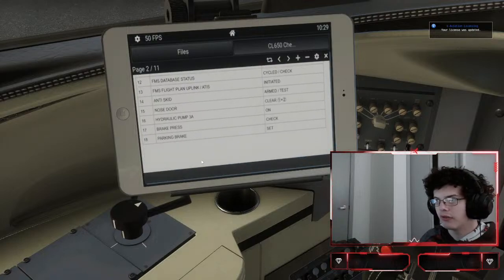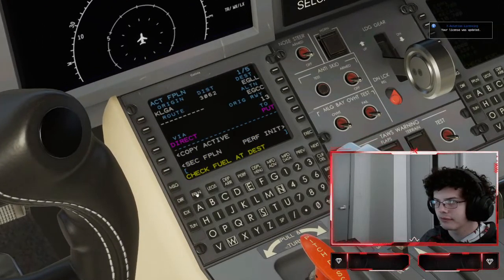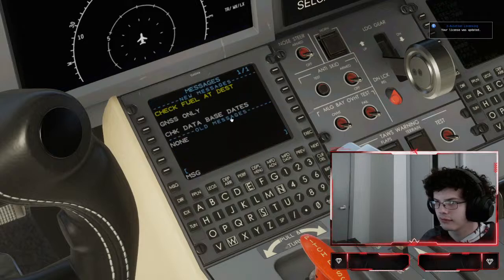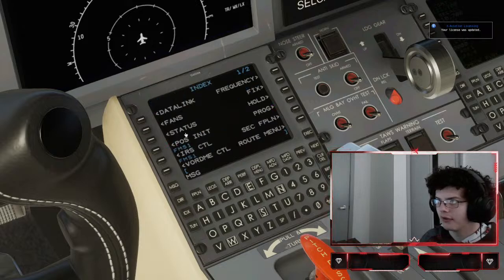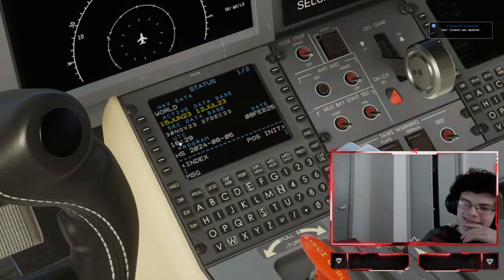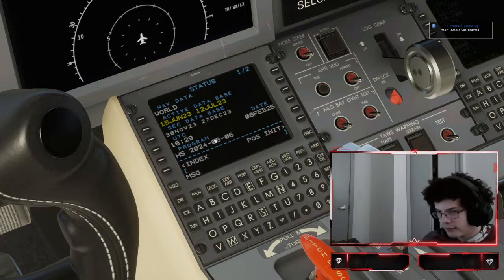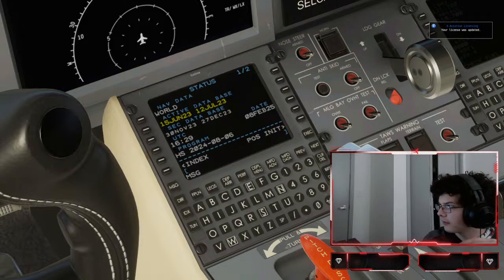We don't need any. FMS database. I believe it's probably out of date. Check database dates. So it's old. It might work, it might not work. We'd have to check. It's old. Now, if this was a real plane, obviously I'm not taking off because this is out of date. I'd have to get that set up properly. But since it's not a real plane, and usually everything stays the same anyways, navigator-wise, I should be able to